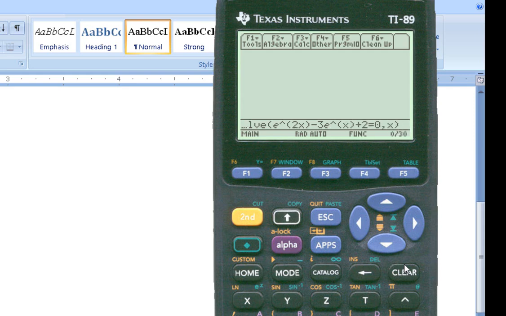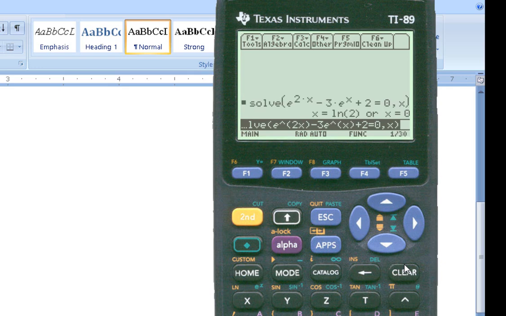So I get 2 solutions. X is equal to the log of 2, or x equals 0. Those are the 2 solutions. Now, again, I have the calculator set to exact. But if you want approximations, for example here, if you want the approximation to the log of 2, let's clear this,